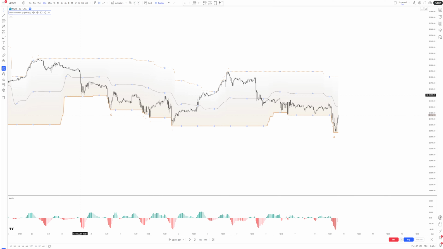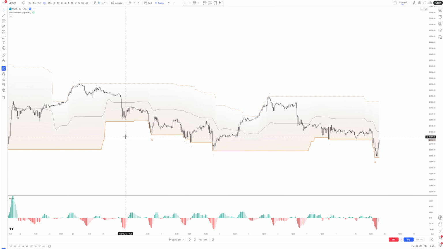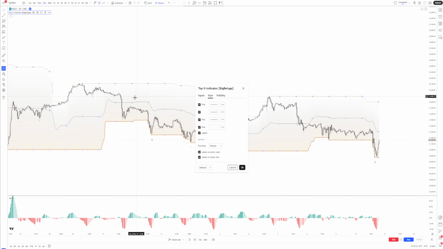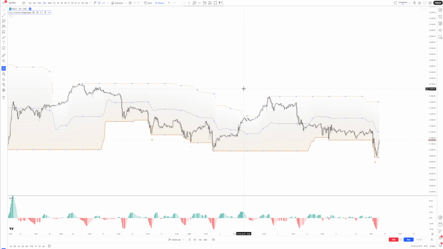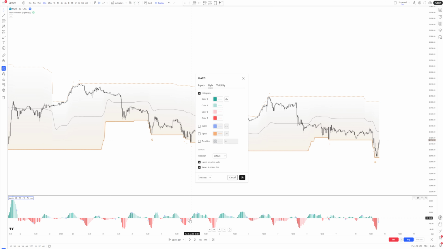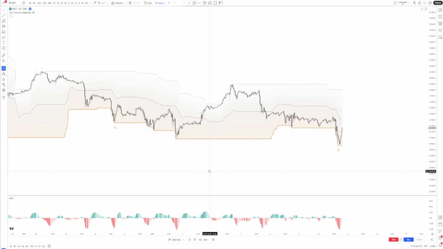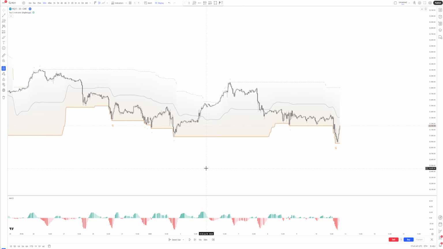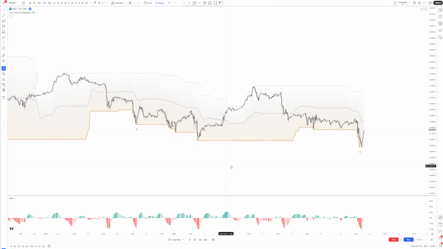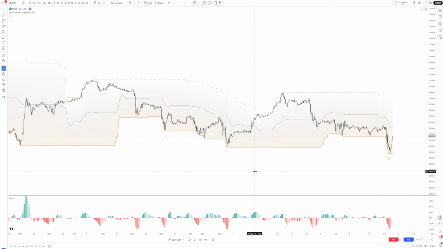So this indicator here, as you can see, it looks quite pretty. It's called the Big G indicator by Big Belunga, and at the bottom you've got the MACD, and all we've done with the MACD is we've taken off the MACD line, the signal line, and we've just left it like this. So according to Pine Trades, who has put this together, this indicator has a few things to bear in